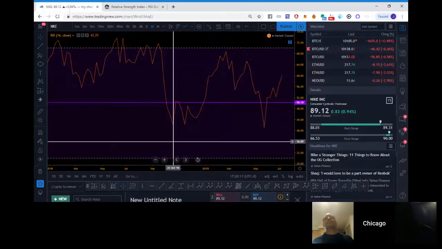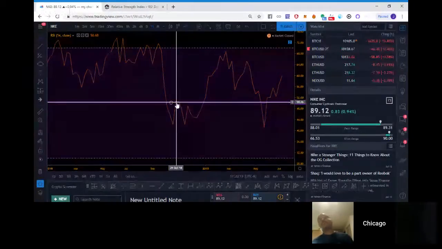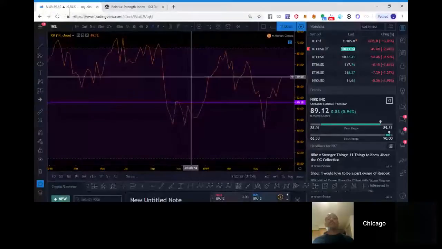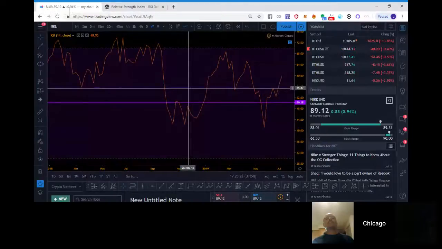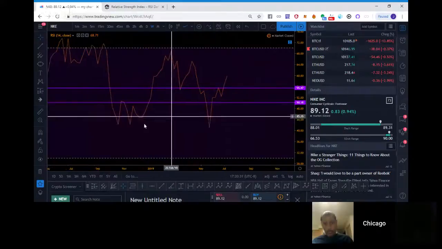So I usually look for price action. Okay, so like right there, it hit it to the downside. It got rejected back down, but then it broke it. Let me see. What do we see here? I see a nice, oh, what is this on? We still on Nike. I see a real nice